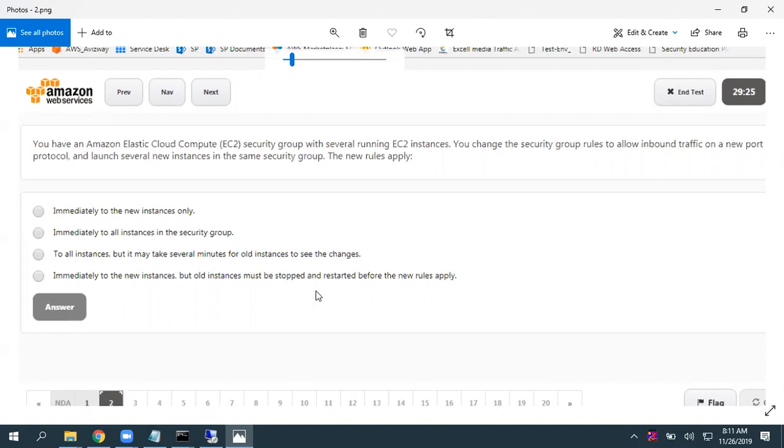So here B is the right answer. Immediately to the new instances, and existing instances also using the same security group, it is applicable for those also. But it may take several minutes? No, immediately. It won't take seconds also. You really need no stop and start. So remember that.